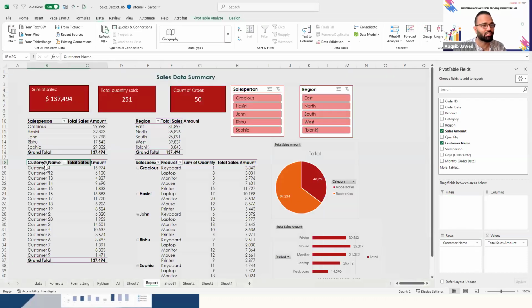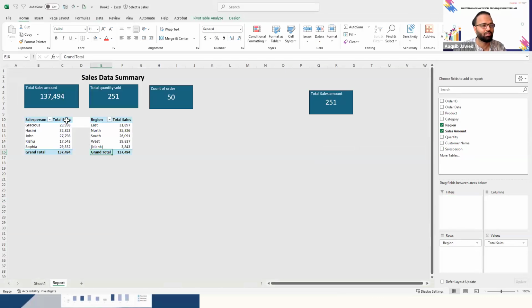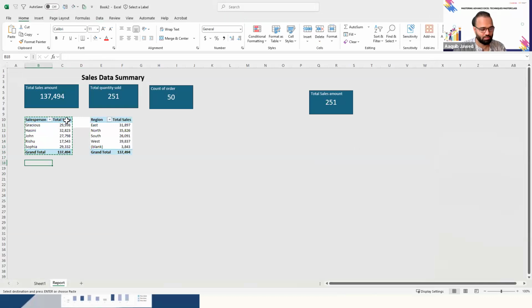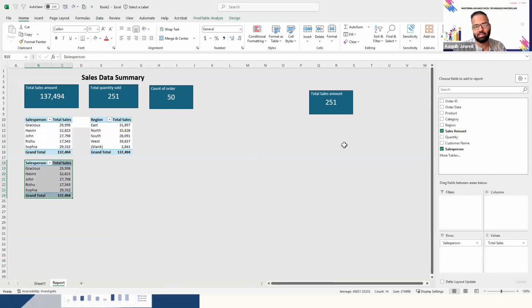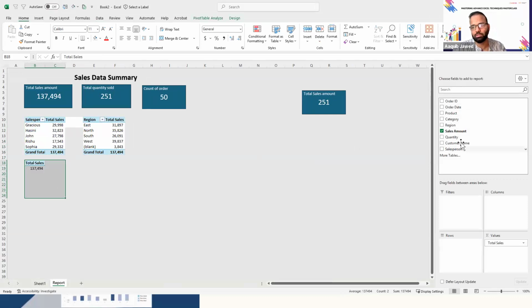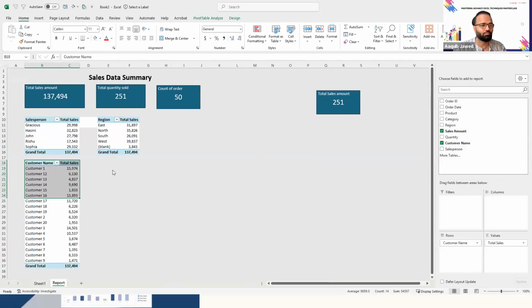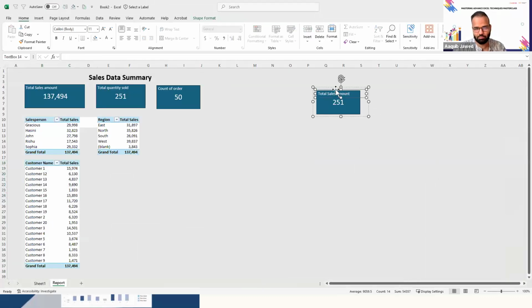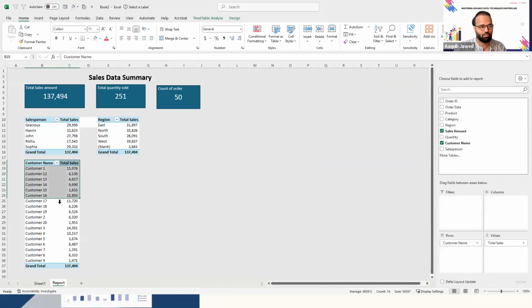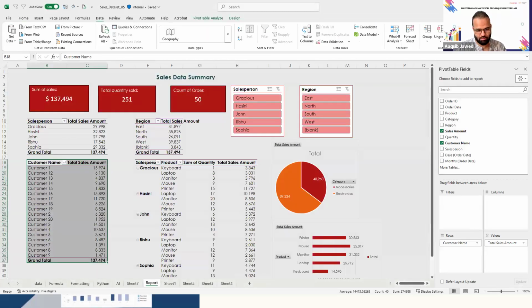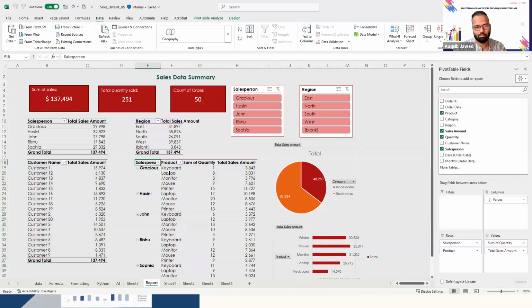Now I have to create this customer name with total sales amount. I'll copy this, Control C, Control V, and I'll remove salesperson. I'll put customer name. I have to delete this, otherwise Benedict will say you have not deleted one extra. I'm doing it fast because I think you guys are able to catch up, but let me know if there